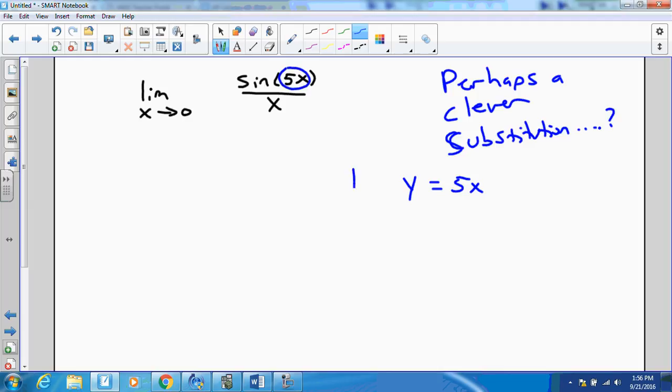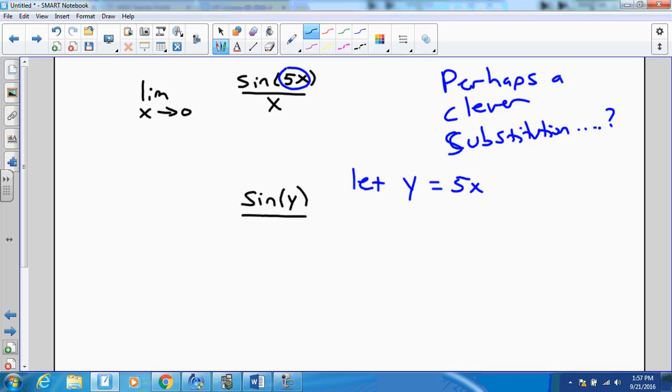I'm going to try letting y equal 5x. And now the spirit of substitution is that I'm going to walk through and replace everything here in terms of y, so that I can now evaluate the limit in terms of y. Maybe it'll help, maybe it won't, but it's not too hard to try. Since I am letting y equal 5x, sine of 5x is the same as sine of